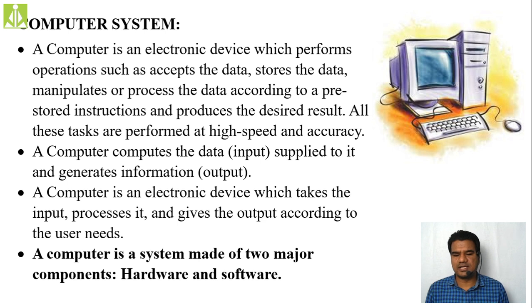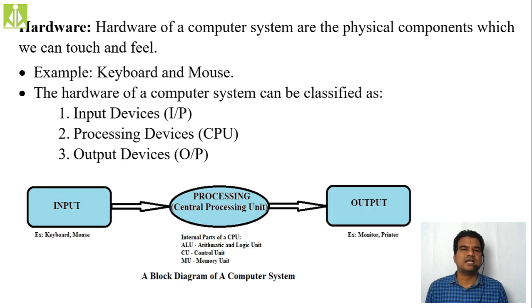With reference to that textbook, a computer is made up of two major components. One is hardware and the other one is software. So basically a computer is a combination of two major components. Inside a computer, we are going to have hardware, and inside a computer, we are going to have software as well. So now we have to know what is hardware and what is software.